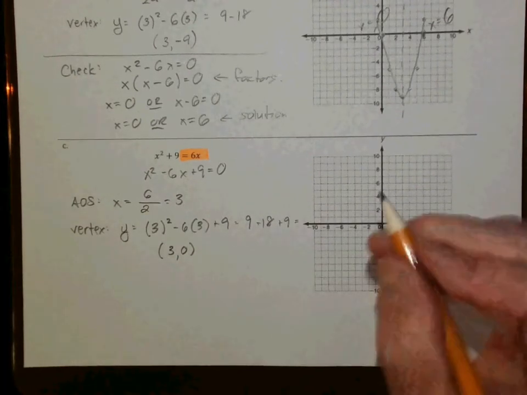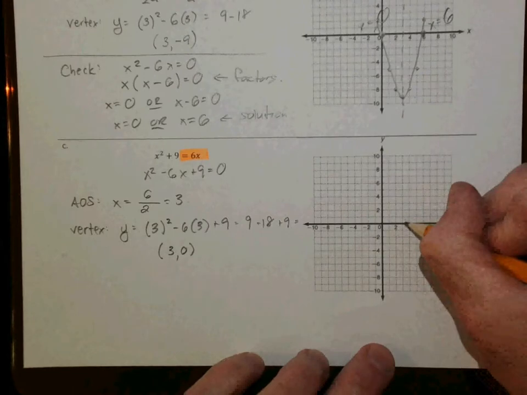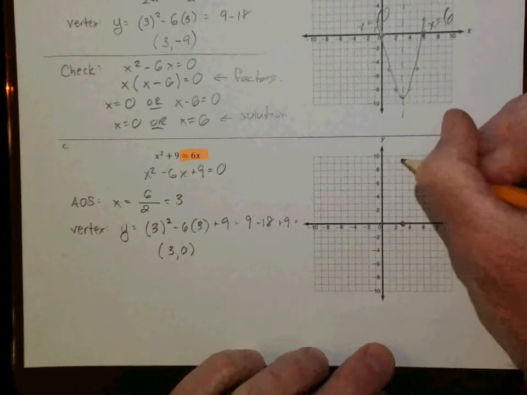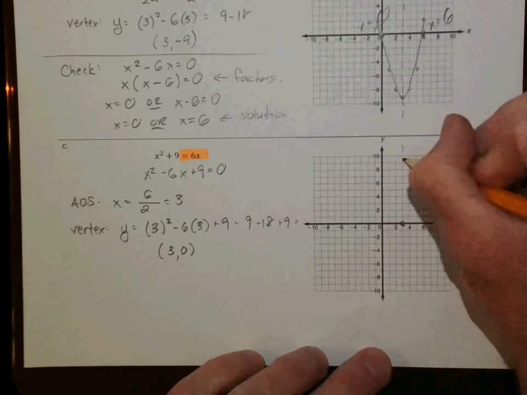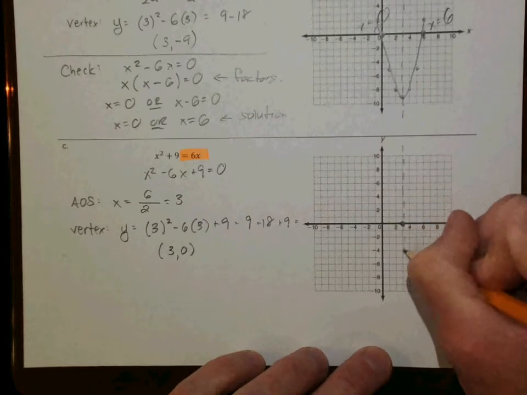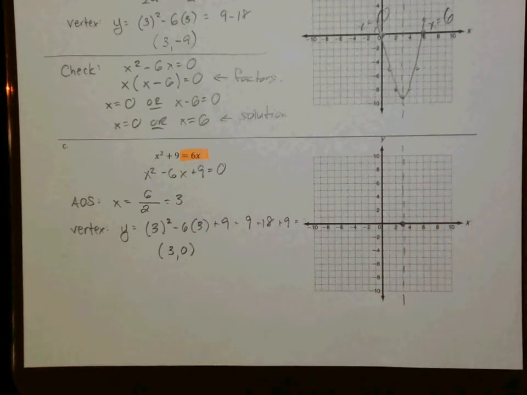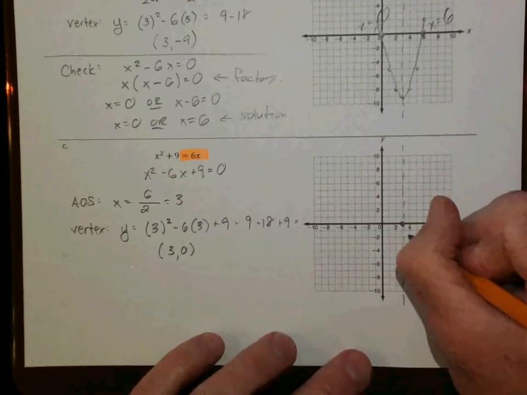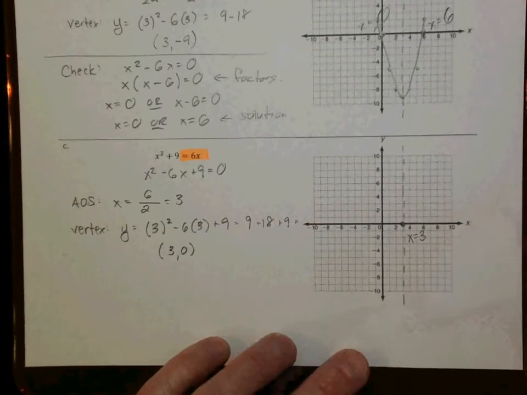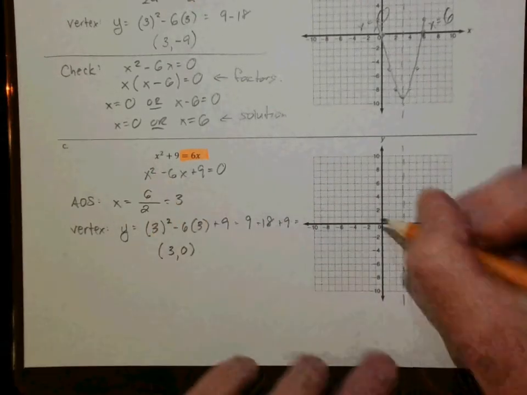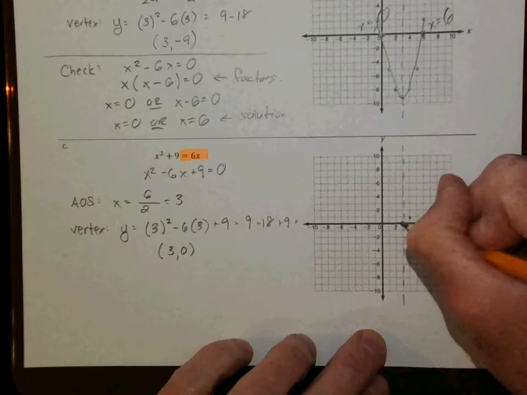So I'm going to come over here, 1, 2, 3, 0, and make my axis of symmetry. But wait a minute! That's also the solution, because it's on the x-axis. And since this does open up, if you go over 1, up 1, over 1, up 1,